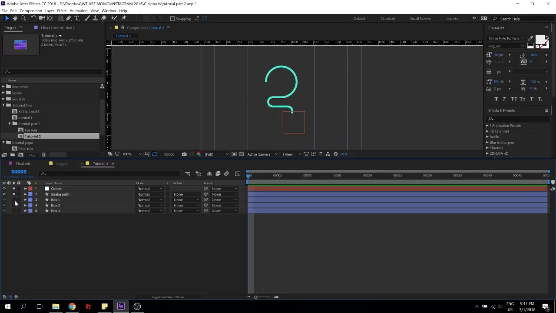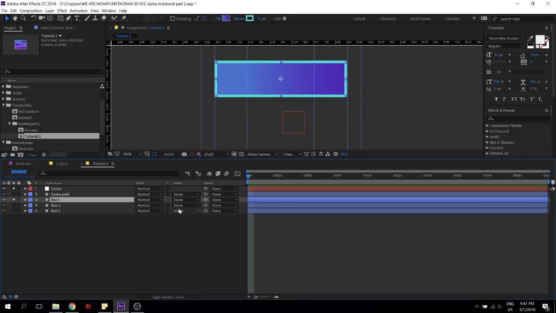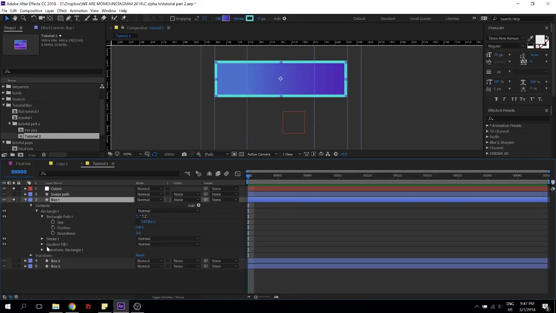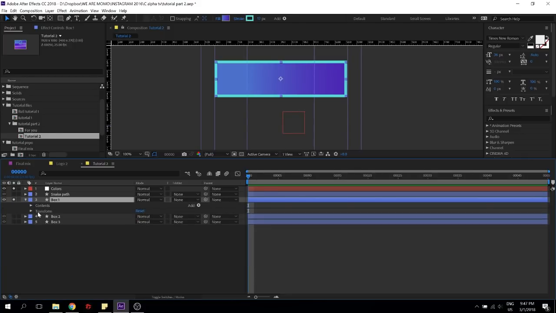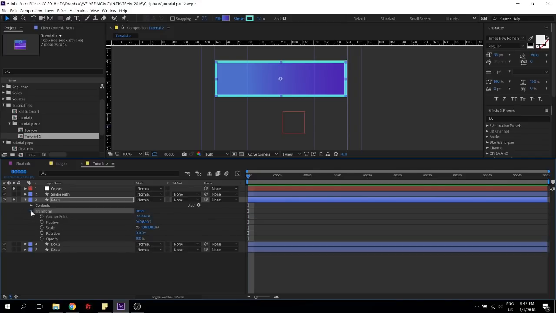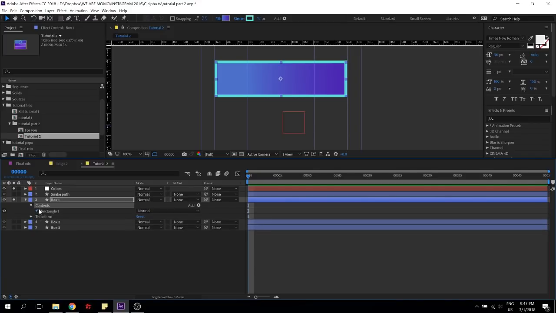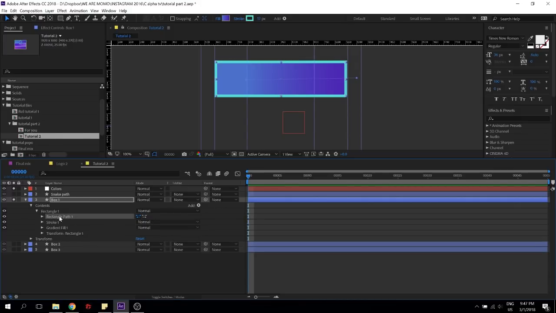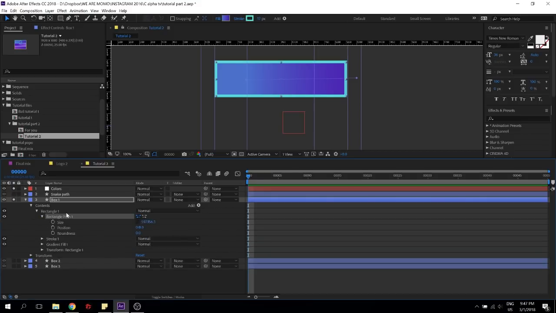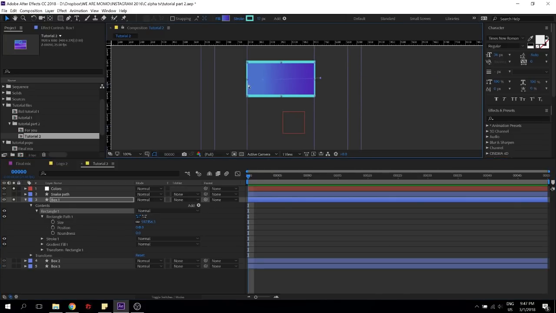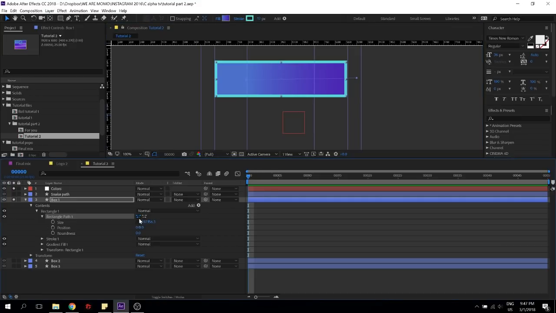I'm just going to focus on this one. And that is, if I go, not inside the transform, we're not going to play with this. We're going to go inside the content, rectangle, and then we have rectangle path. And rectangle path is our rectangle that we created. So if you play with this, normally it should be like that. But if you play with this right now, you see, it's perfect. So that's what I'm going to do. I'm just going to put a size here, like 1, 2.